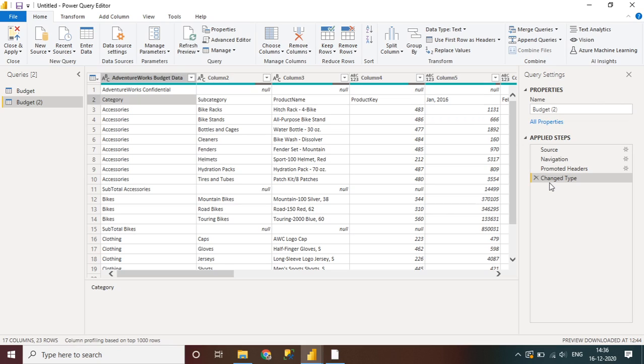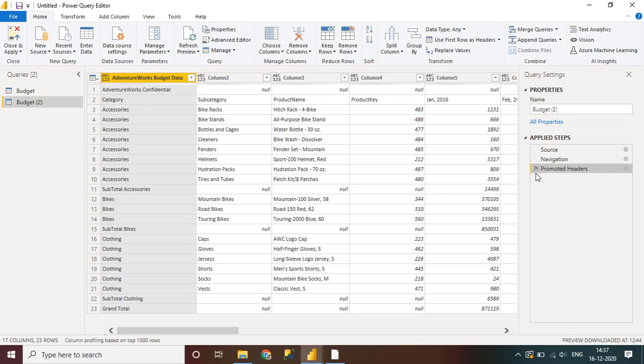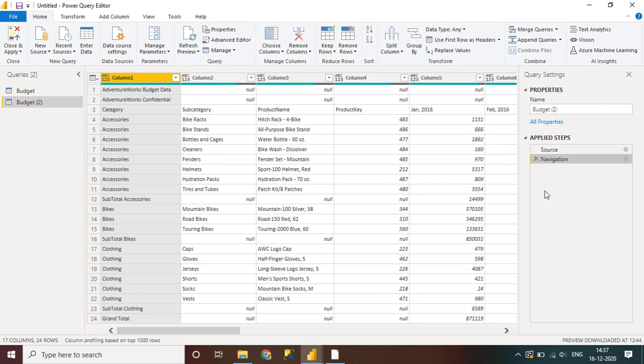So this is basically a help, or the clue, which is provided by Power BI Desktop, that your data needs its data type to be changed. Okay, you can promote the headers. So this is something that Power BI is intelligent enough to give you an idea that this data is not correct in your sheet, and you can do these things. Okay, so it's up to you whether you want to take the advice or go ahead with your own. So let me delete this applied step, and we will see the data.